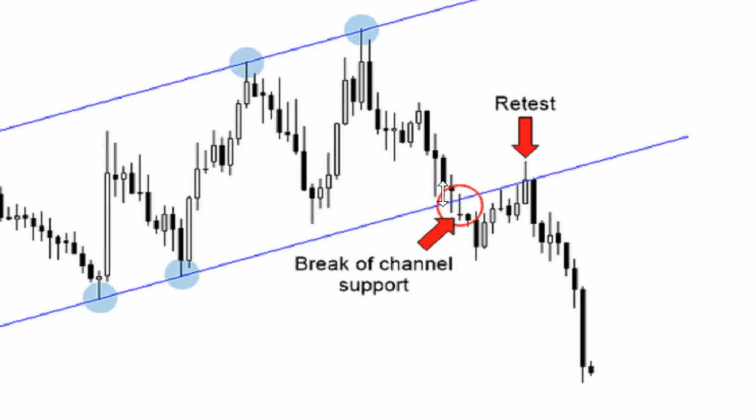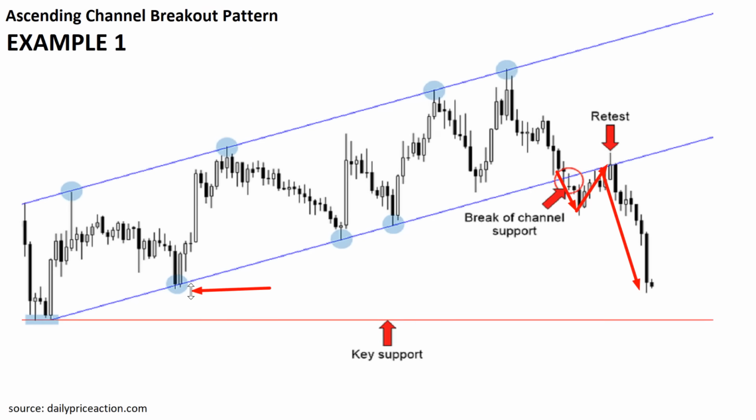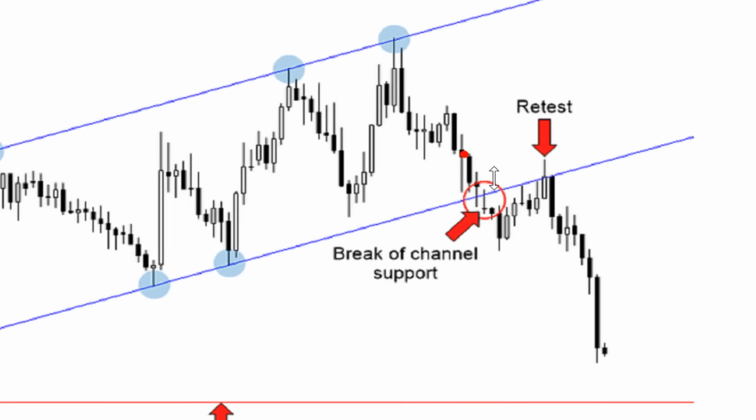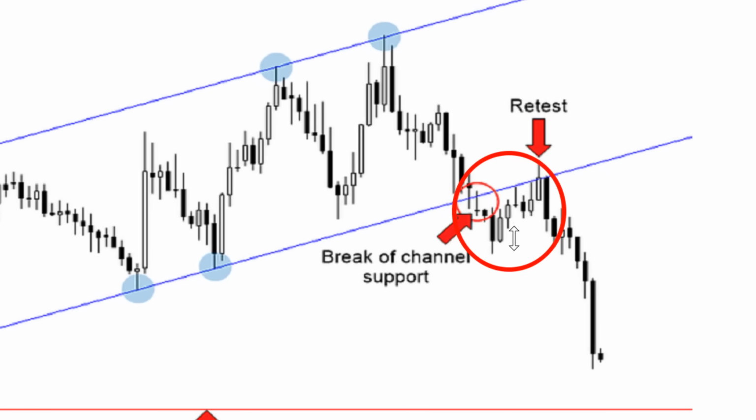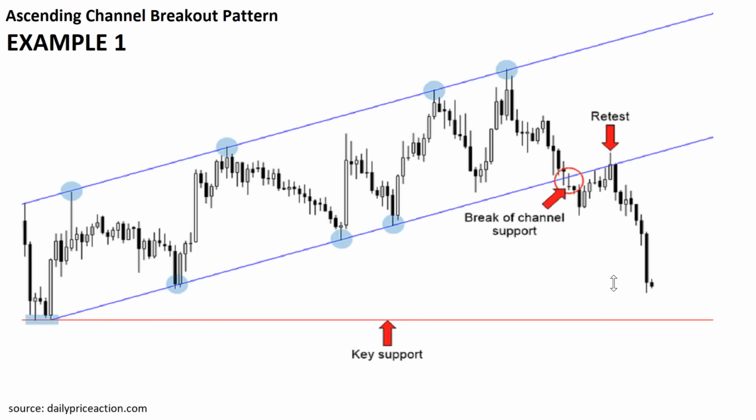Sometimes when price breaks out of the channel, it may go back and retest it, as you can see, and then it gets rejected and falls lower to the prior support levels. For example, the prior support and the panic lows we formed when the channel first started, as you can see here. So that's one potential scenario. By the way, let me just mention again that even though this chart is showing us a potential retest of the trend line, sometimes there's no retest, okay? It's worth remembering that we don't always see a retest. Sometimes price just breaks out and then continues to fall lower. So that's one potential scenario, as you can see here.